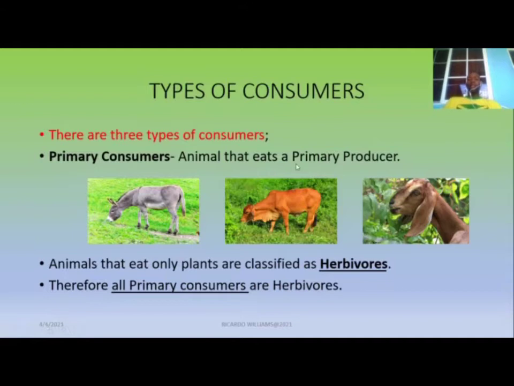So primary consumers now are animals that eat producers, or in other words, animals that eat plants. So animals that eat only plants are classified as herbivores. Once they eat only plants, they are exclusive to eating plants or plant products. We call those herbivores. Therefore, all primary consumers are herbivores. Good. So the first set of consumers that feed on the plants, we